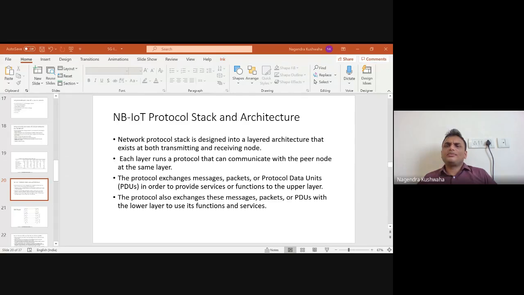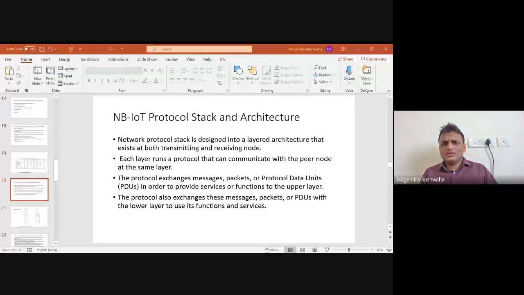Okay, first question is, traffic congestion increases, what happens to the power? Of course, if there is a congestion, very good question. If there is a congestion, the device will keep on trying to send the data. And if it keeps on trying to send the data, it will drain the battery. I totally agree with that. But therefore, that is the only reason